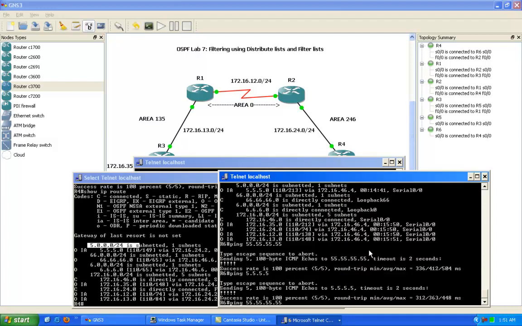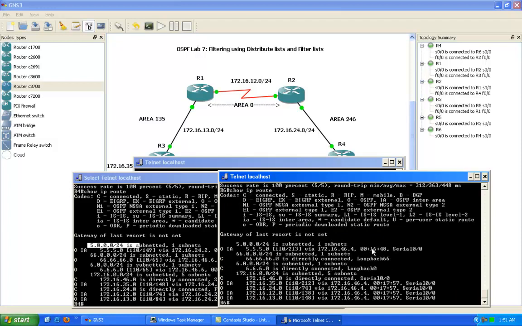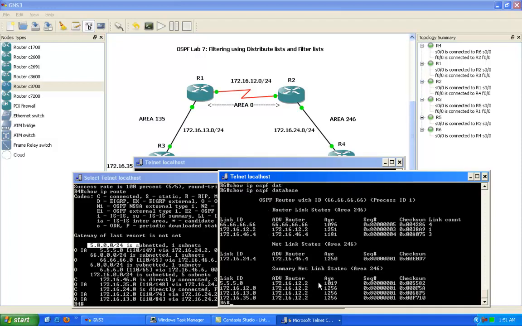On router 6, let's look at it as well. If I do a show IP route on router 6, as you can see here as well, we do not see the 55 network. We only see the 5 network. So if I do a show IP OSPF database, we also don't even see LSA type 3 for the 55